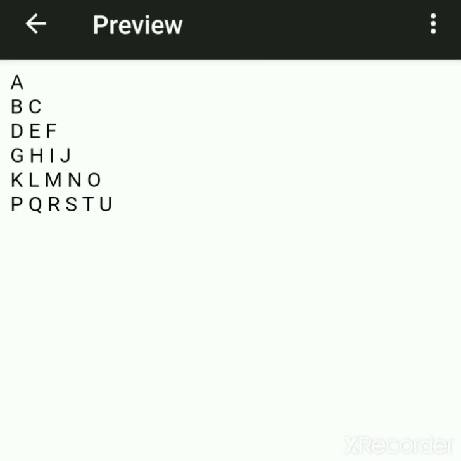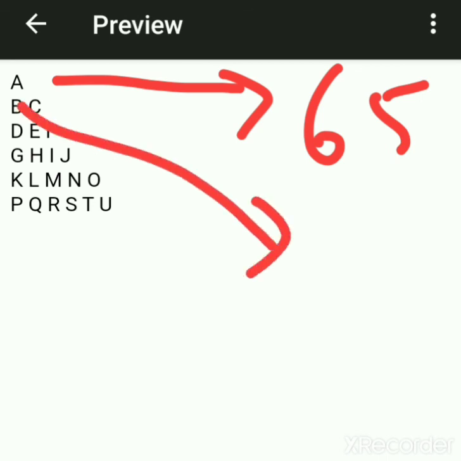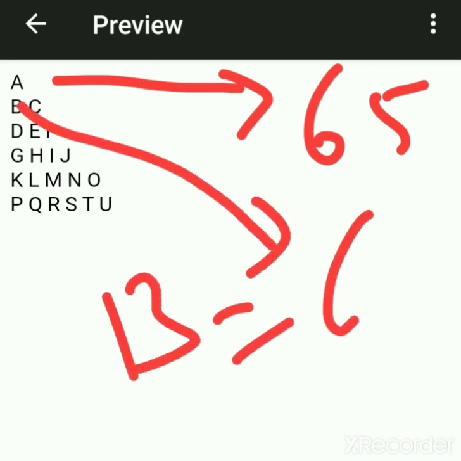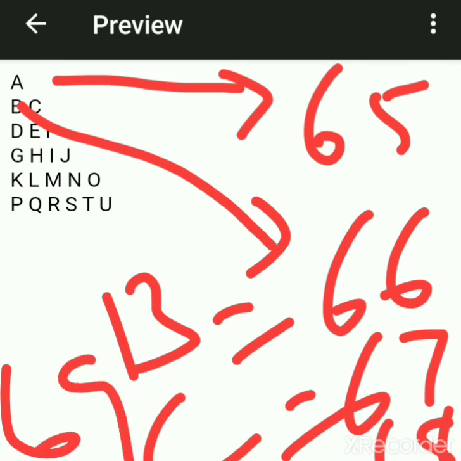Now see, A is at 65. This is called the ASCII coding system. So A is at 65, B is at 66, C is at 67, D is at 68, then E is at 69, and so on.